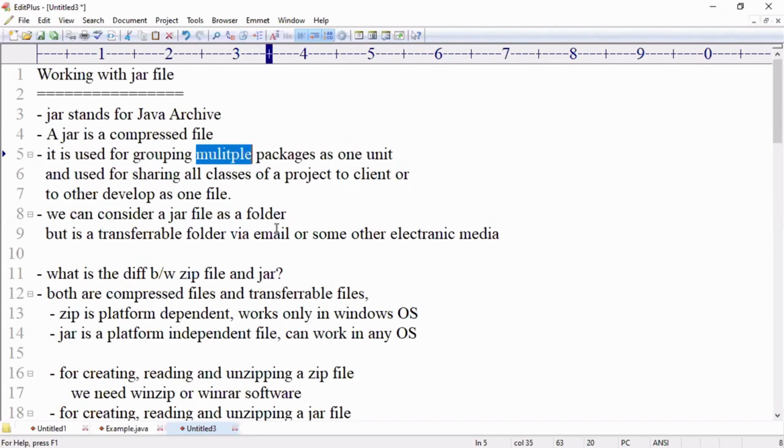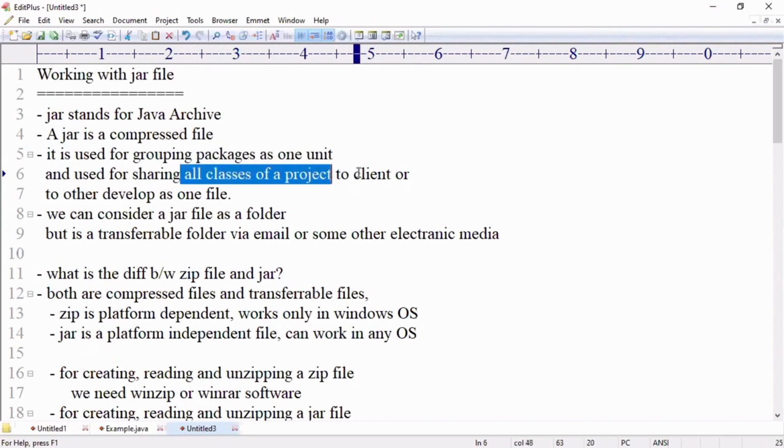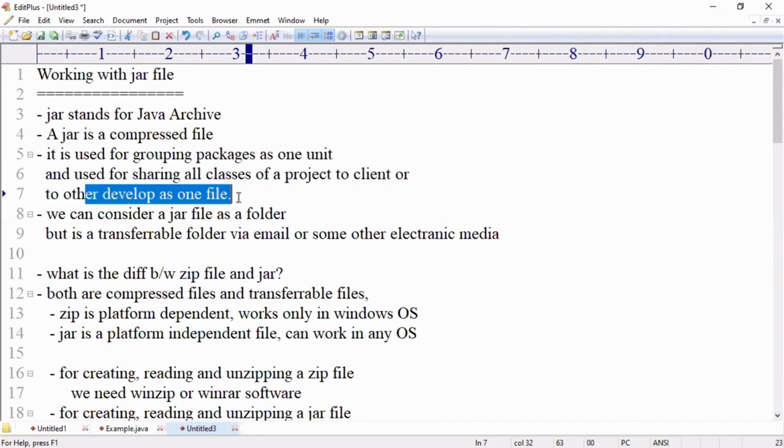All okay. Let it be there. Used for grouping packages as one unit and used for sharing all classes of a project to a client or to another developer as one file. Next,